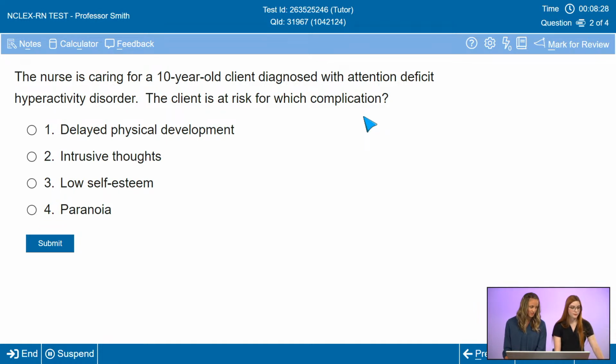So you guys can answer in the box here. So we've got the poll for you guys up if you want to actually answer in that way for me. And we'll give you a second to do that before we go. All right, it looks like most of our viewers are choosing option 3, low self-esteem. Let's see if you're right.